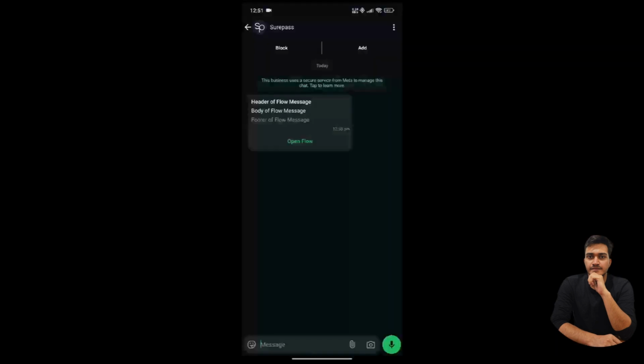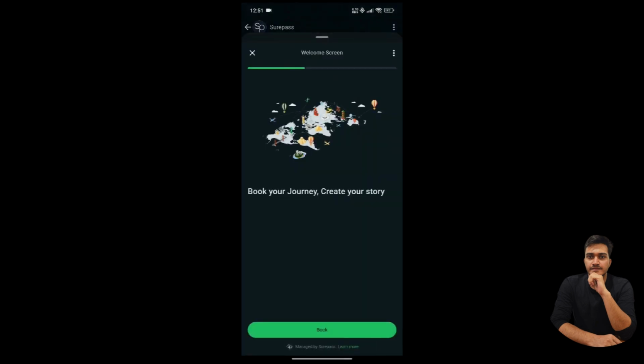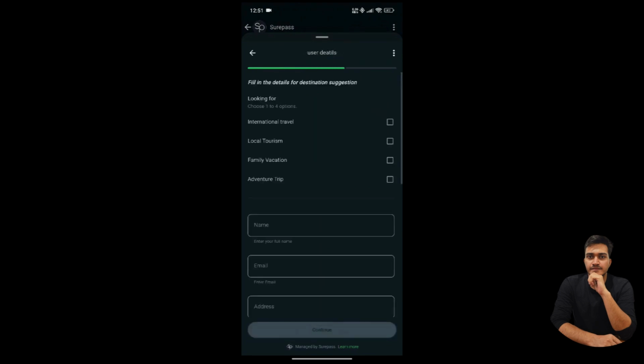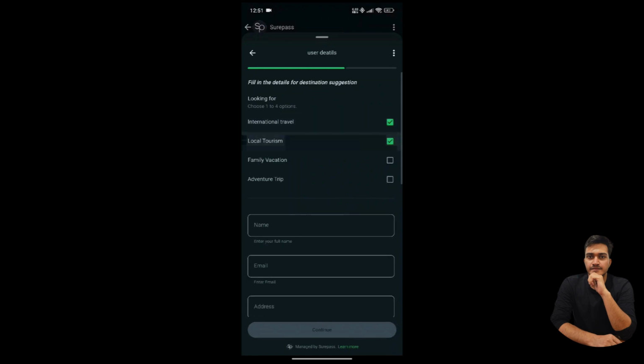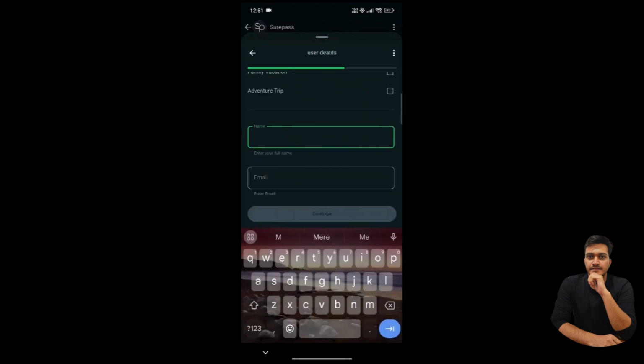So this is the flow which I have received on my number, which I have sent after making it right now. So let's just open the flow. This is how the flow looks. Let's choose international travel. We can select multiple options. Since we have given the validation of choosing from 1 to 4 options, we will have to choose at least one. So let's do international, and let's add our details,